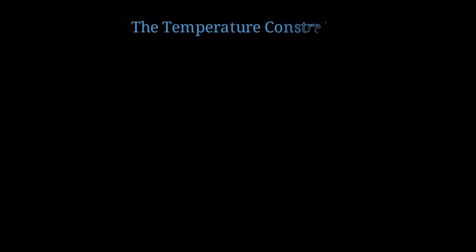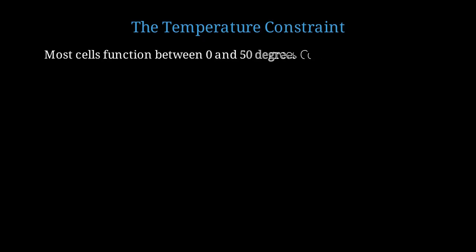There's another important physical constraint we haven't discussed yet: temperature and its effect on biochemistry. Most cells function in a relatively narrow temperature range, from about 0 to 50 degrees Celsius. Some extremophiles can handle higher, but it's difficult. Reaction rates follow the Arrhenius equation: k equals A times e to the negative E sub A over RT, where E sub A is activation energy